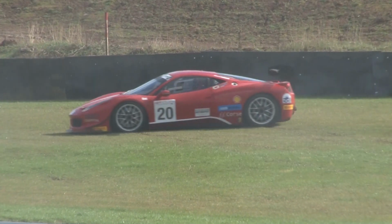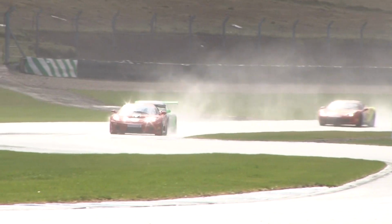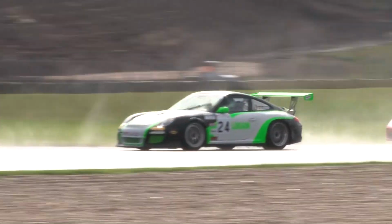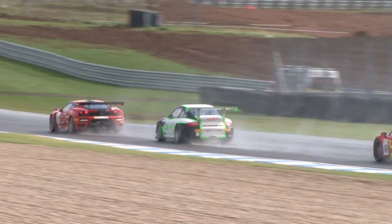Spin there for Peter Jennings in the FF Corsa machine running in GTC. Peter hopefully will get that back on track. Qualified down in 17th position. Ian Loggy making progress, recovering through the field and chasing Sean Winder in the Ferrari 430